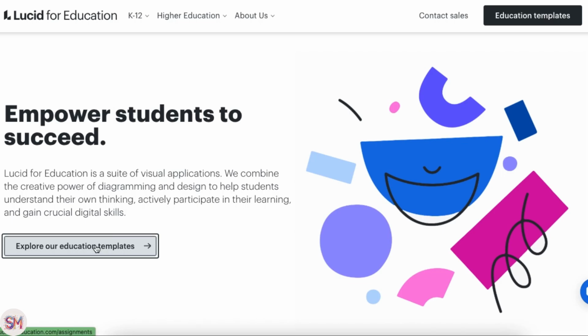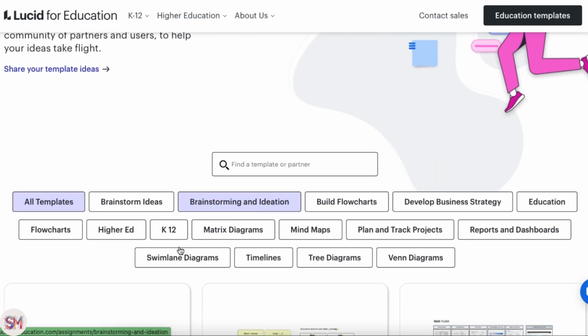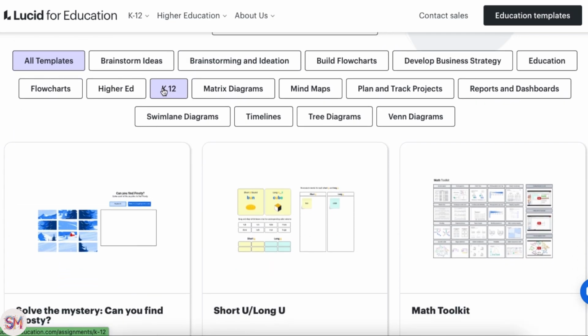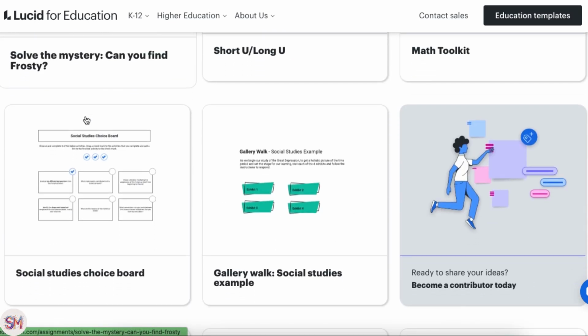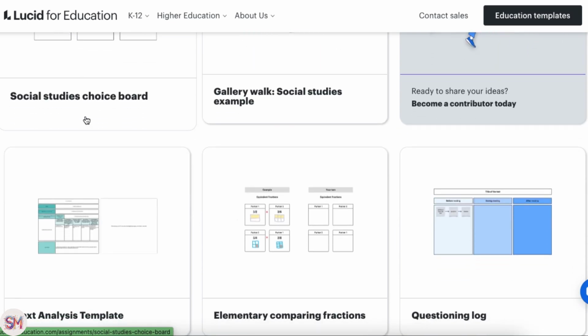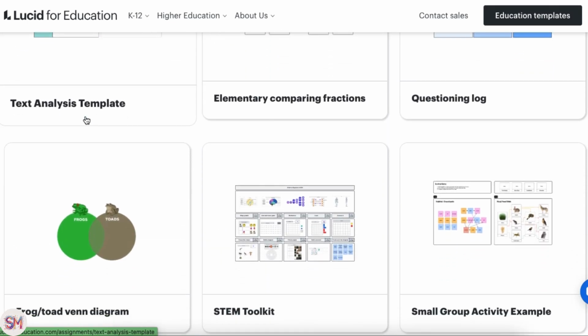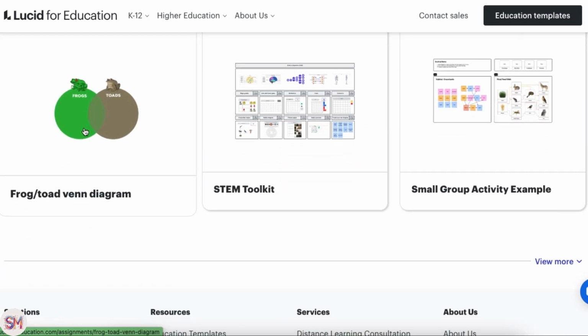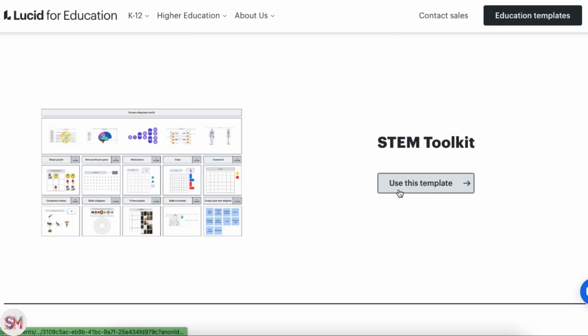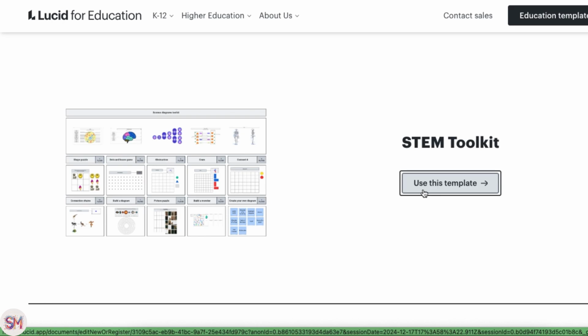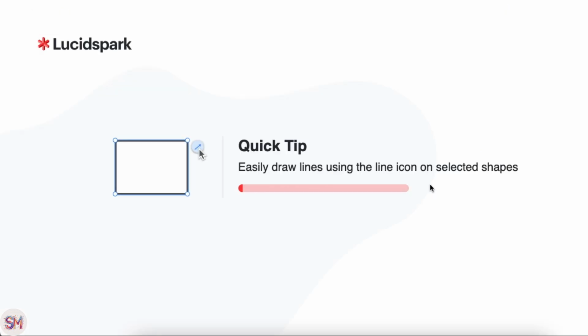Here on the Lucid for Education page, there's a section just for templates, and then you can filter the templates by K-12 education. There are many that would be appropriate outside of that, but let's just look through. There are so many valuable resources here. And I'm going to pick to look at the STEM toolkit, which in and of itself has a couple of resources. So when I use this template, it gives me access to all of those resources. And within there, I can click links to open up individual ones. And so once that loads, I can look through and find